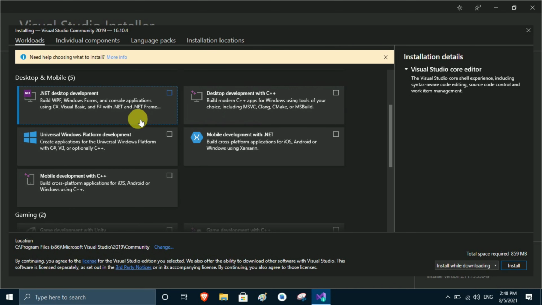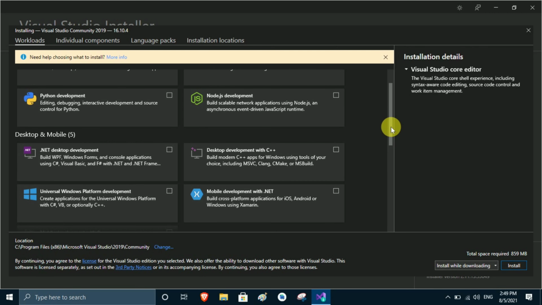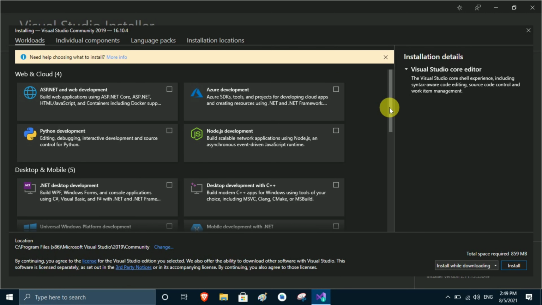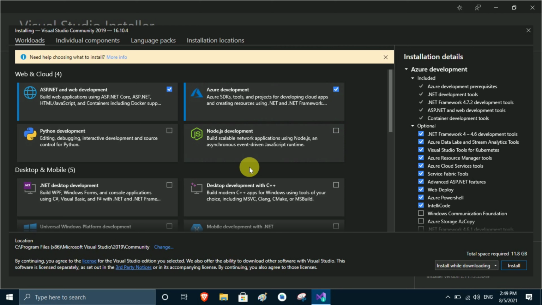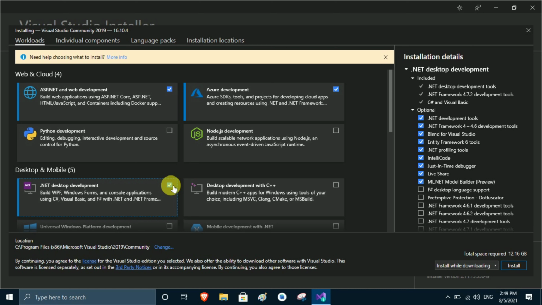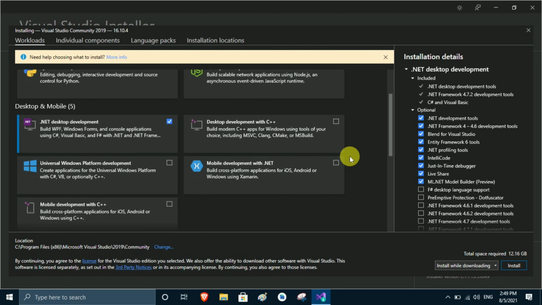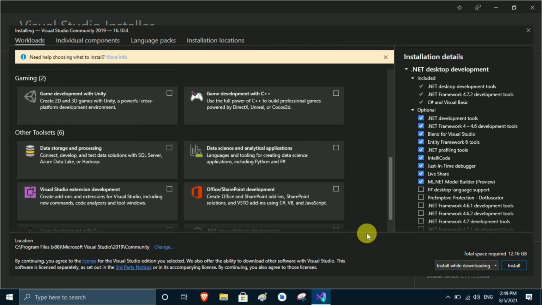Now here you see desktop and mobile development tools are there, so we don't select here also, and then we scroll more and then I select this ASP.NET. Then I select this Azure development and this one .NET desktop development. Here you see many other things are also listed but I have no use for those things.